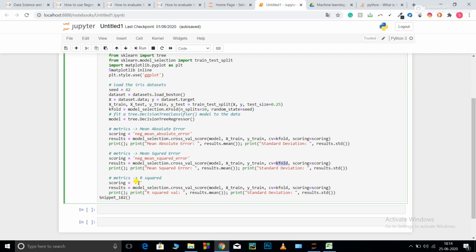Now this R2 basically tells you how much variance your model is capturing. So how to visualize this parameter? Variance is a very important term in data science. You want your model to capture as much variance from the data set as possible. The more variance your model is capturing, the more patterns it is able to pick up or extract from the data set, and it can perform better on data that it hasn't seen before.